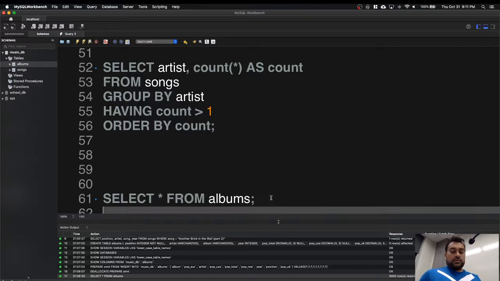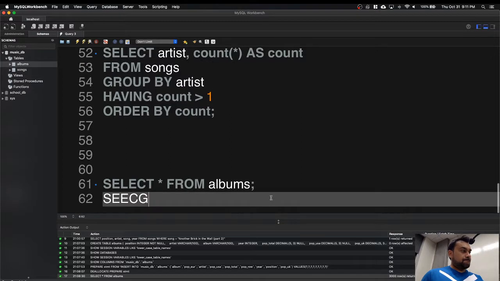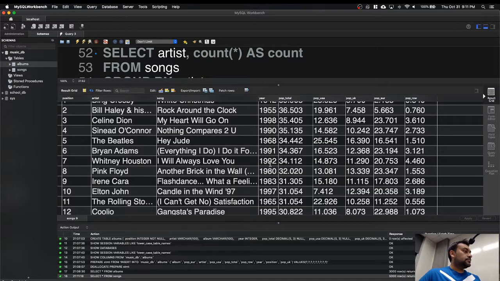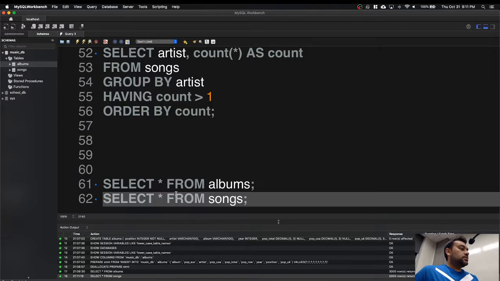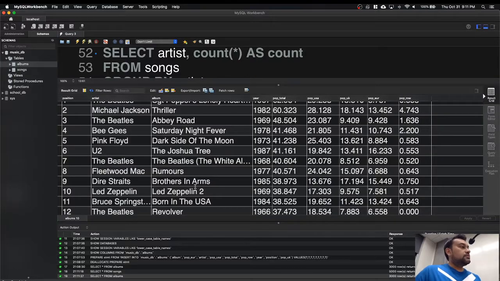So let's see. So let's start from songs. So I have position, artist, and then my albums have